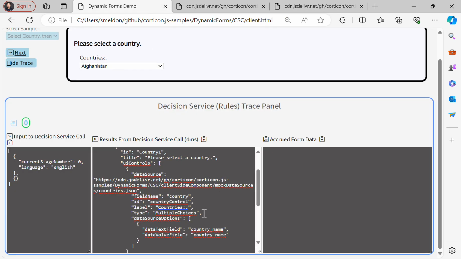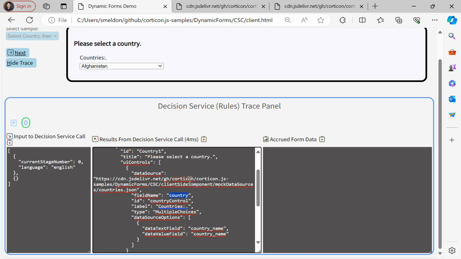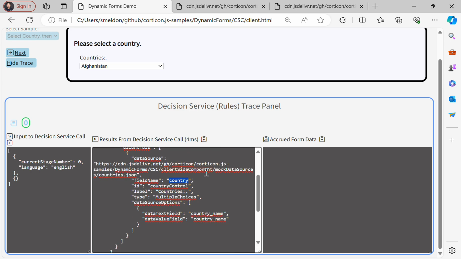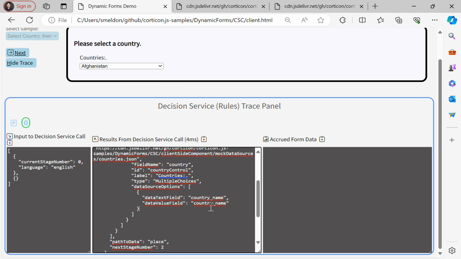I am going to be storing that within a field name called country. So I have in my vocabulary an attribute called country to store this. The label again is countries here, but I am pointing the client-side component here to look for